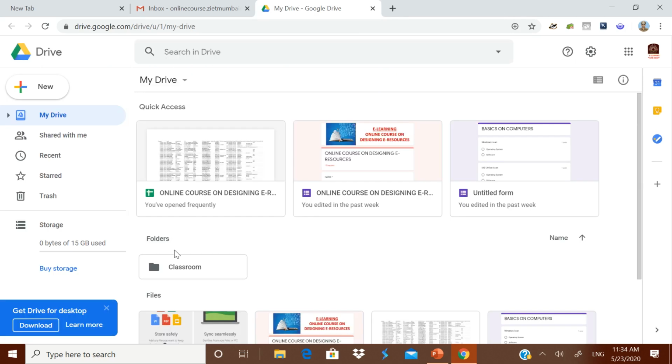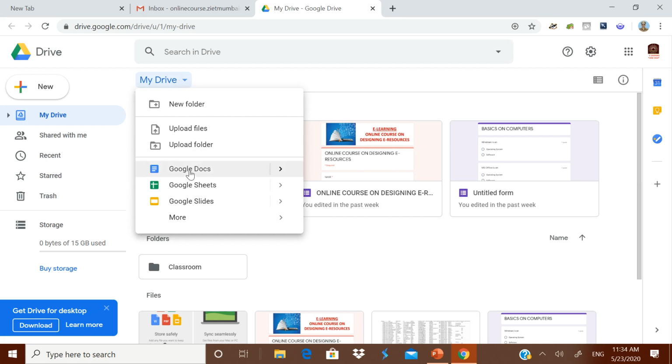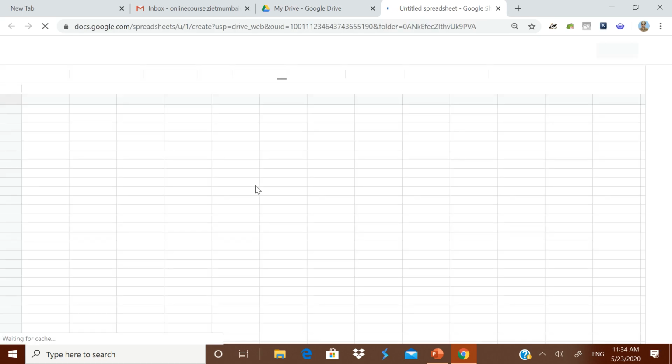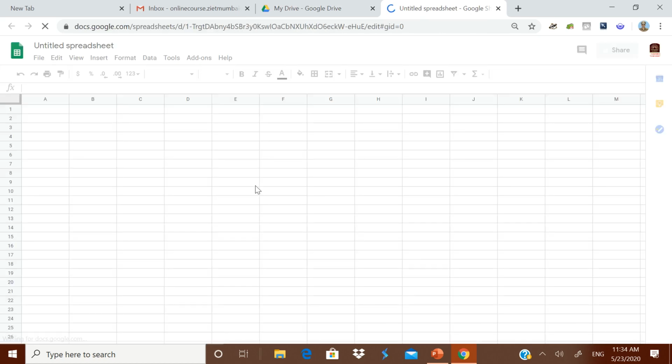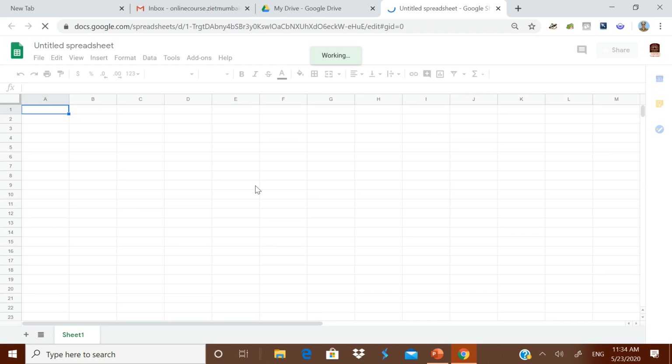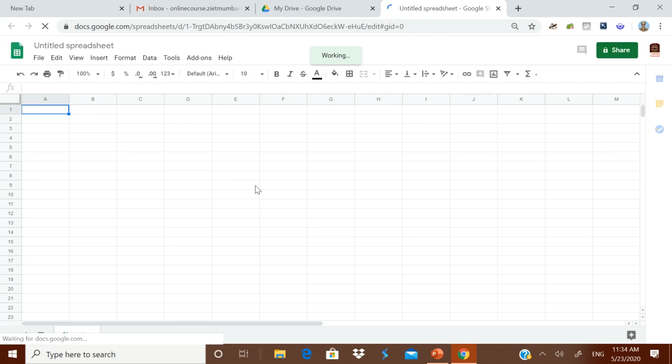Okay, I'm closing it. I will come back to this Google Sheet. This Google Sheet looks like your Excel worksheet only. What is the advantage? Suppose you make this Excel worksheet, you want some information to be filled by so many people. For example, 50 people are to fill some information.